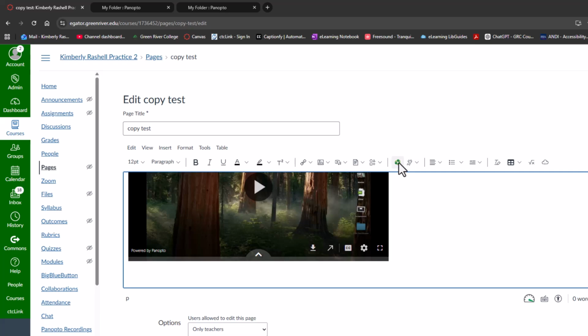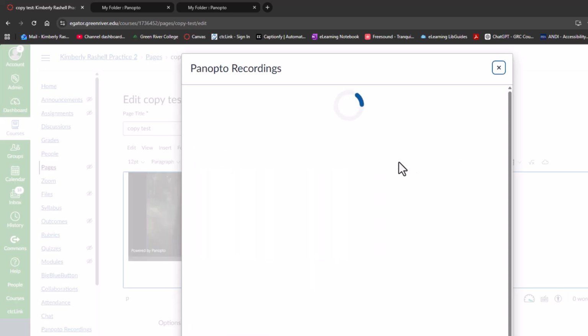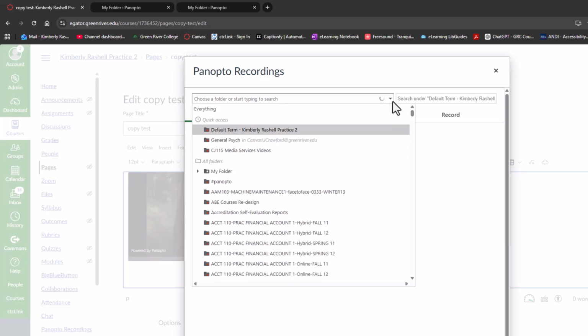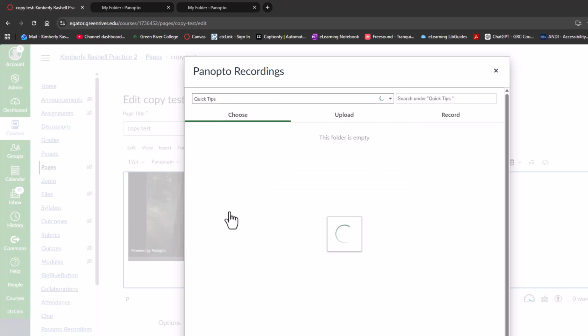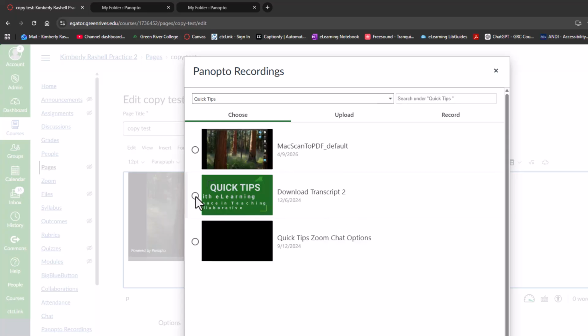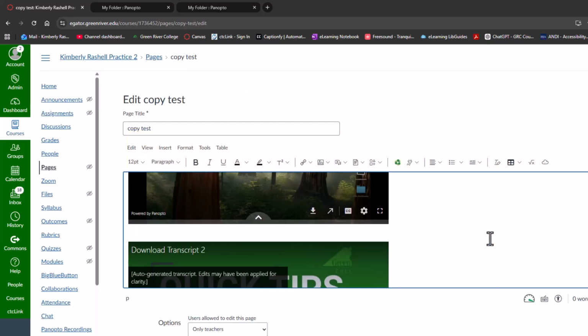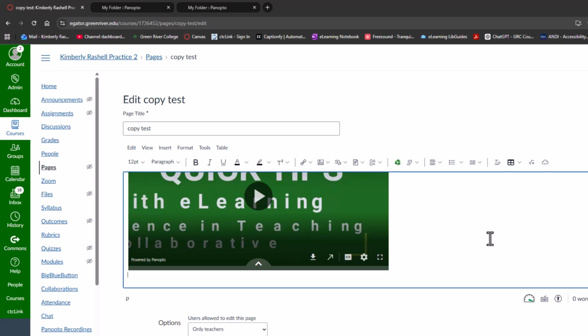To embed the video from this folder into your Canvas shell, use the Insert Panopto Video tool in any Canvas page. By default, the current shell's folder will be shown at the top. Mine is currently empty, but clicking on the drop-down menu will give you the same menu options you had for moving videos. Click the arrow next to My Folder, then in the subfolder you want. You'll then have a list of videos you can add to the Canvas page. Save and publish, and you're done.